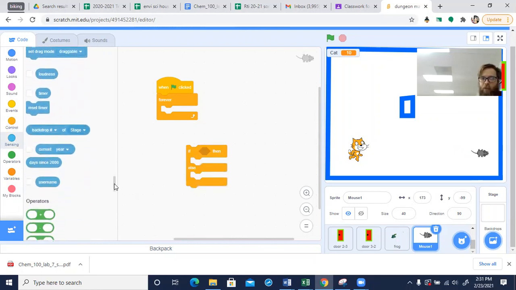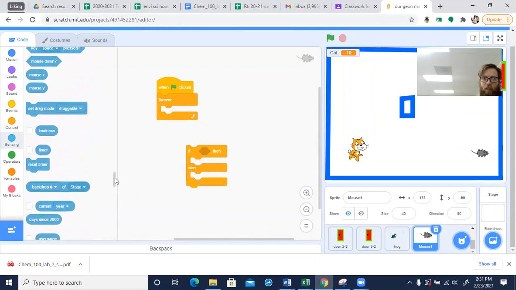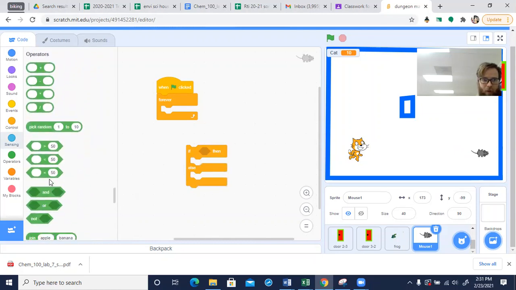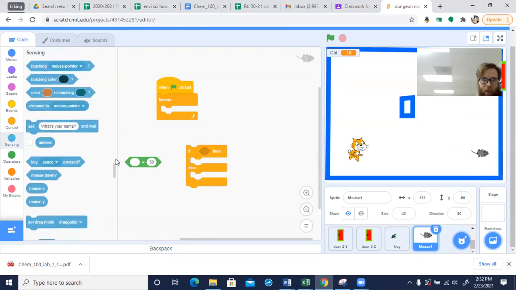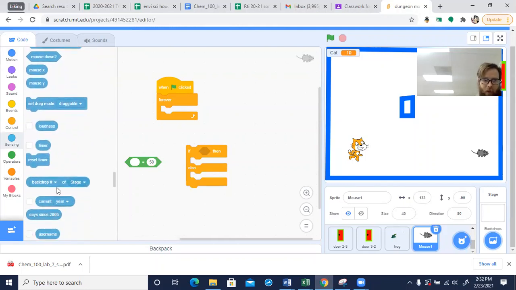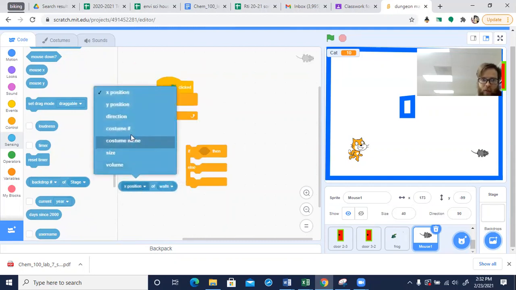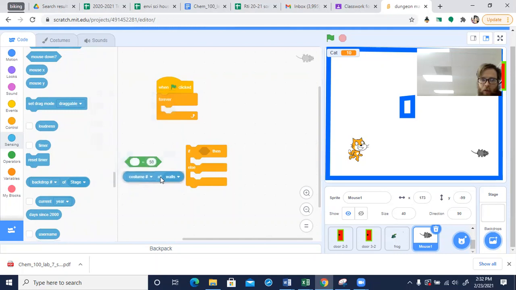Yeah, I've used it a couple times personally. Costume number. So I'm going to say if it's sensing, isn't it? I always forget where this one is. Yeah. It's down a little bit, right? There it is, right here. If costume number of walls, there we go. If costume number of walls equals 3,